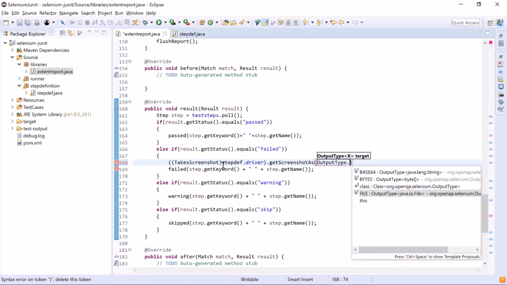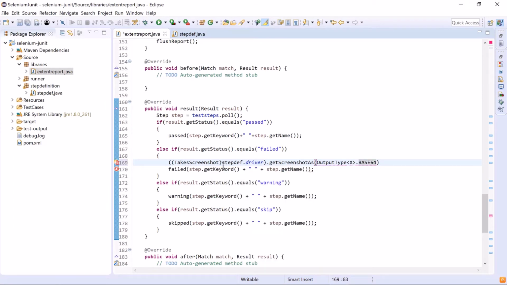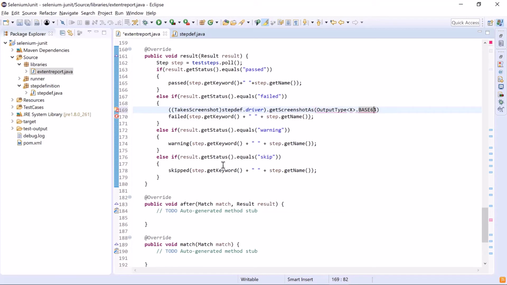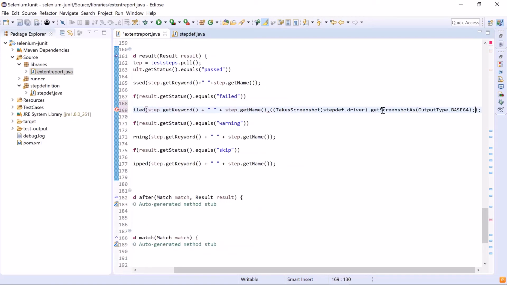You can get the output in a file format, bytes, or base64 string. So here we'll use base64 to get the output as a base64 string. And then we'll pass this string into the failed method, so that our overloaded failed method will be called.